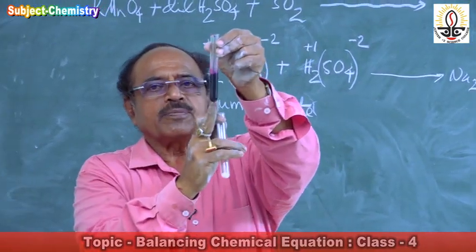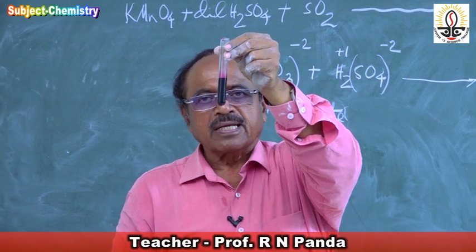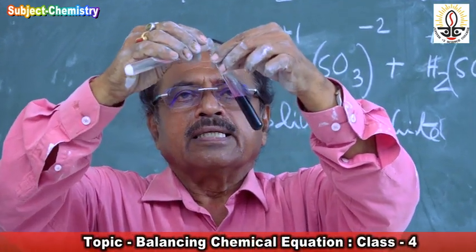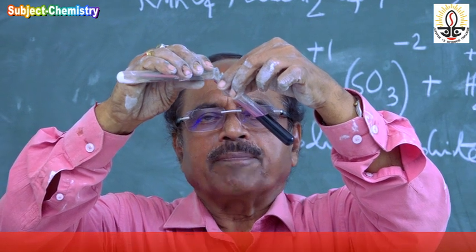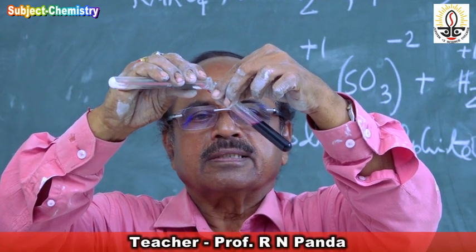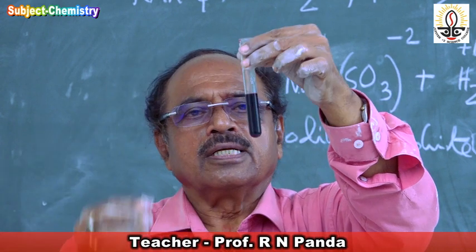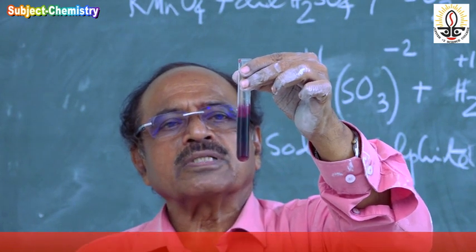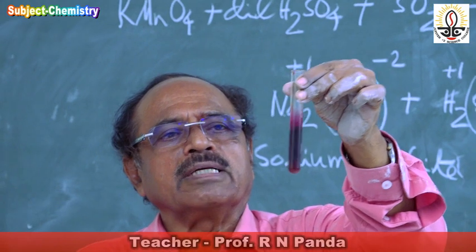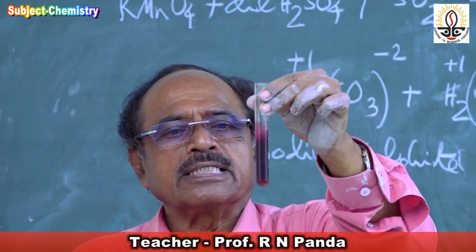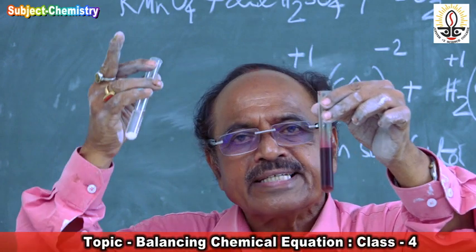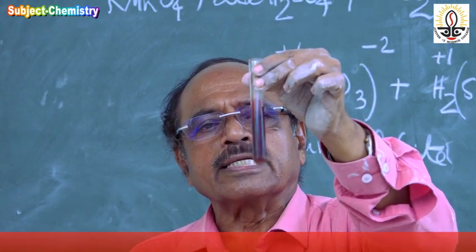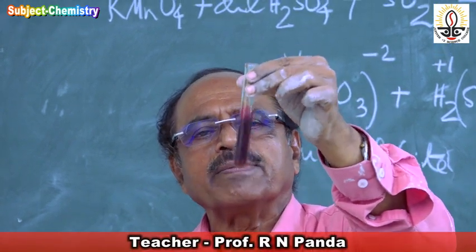So now I am adding it to this. You observe this pink color test tube. What is going on? You watch. Now you see the color of the potassium permanganate slowly going out. It becomes a little brown. It was pink, now it has become brown. It is becoming brown because the valence state was 7. The valence state becomes 6, 5, then becomes 4. Now the pink color is gone. It is becoming brown.